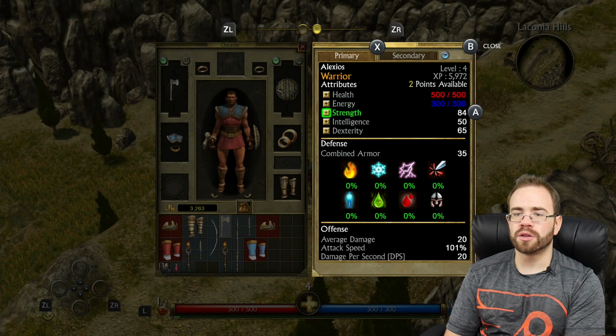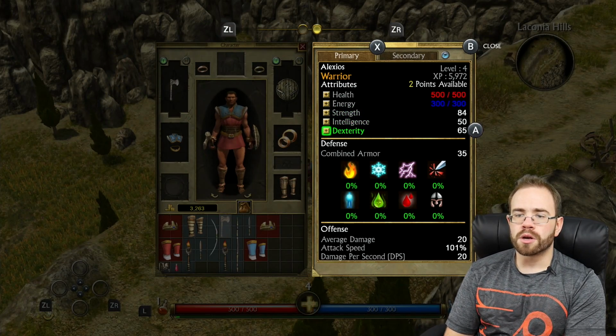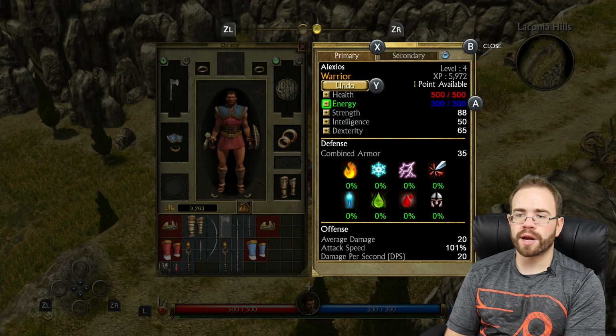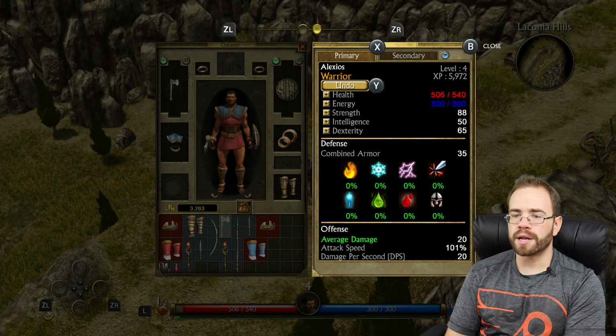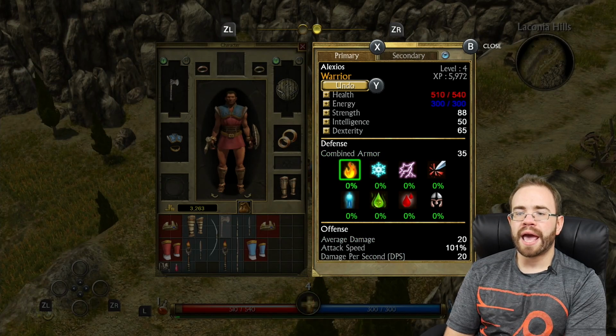ZR gets you over here so you can look at your character and everything. I'm level 4. I have 2 points actually available. So let's drop a point into strength, and we'll drop one into health so I can build up my warrior a bit. And you can kind of see all your stuff here. It is heavily